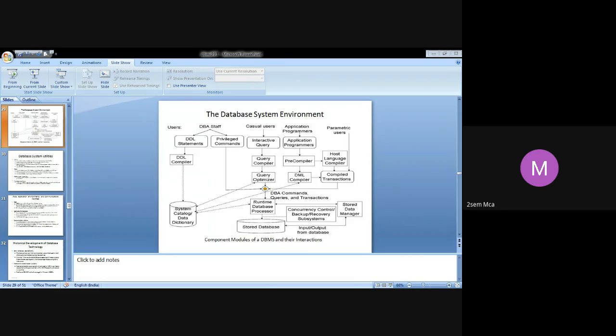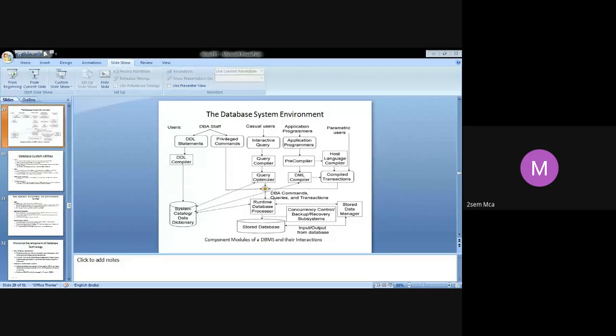So all the DBA commands, queries and transactions come from the different sets of users and get into your runtime database processor. The runtime database processor will actually execute the query and give back the results to the different kinds of users. So this is how you should write it.